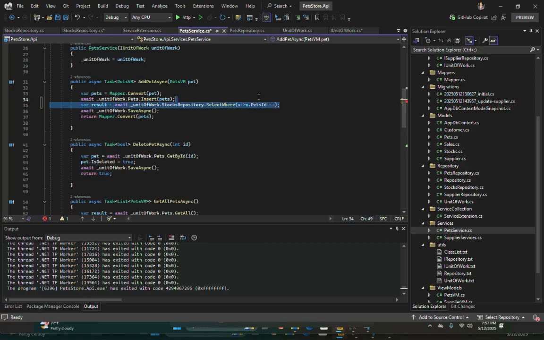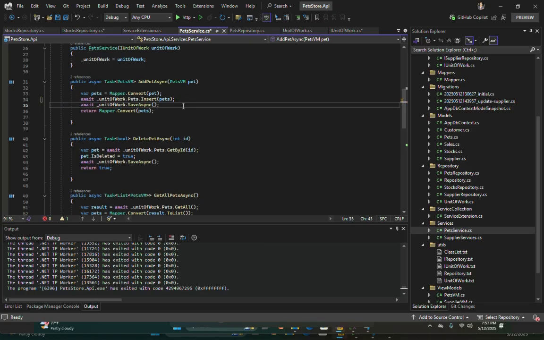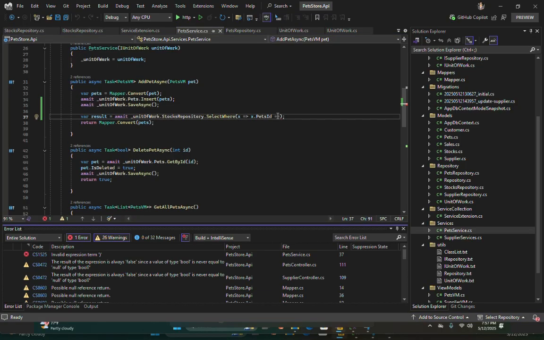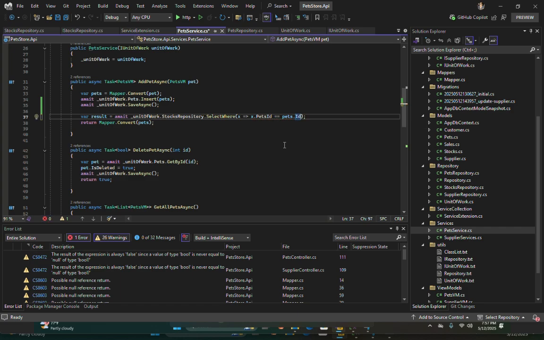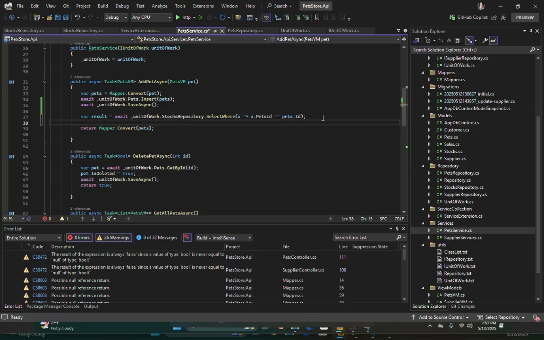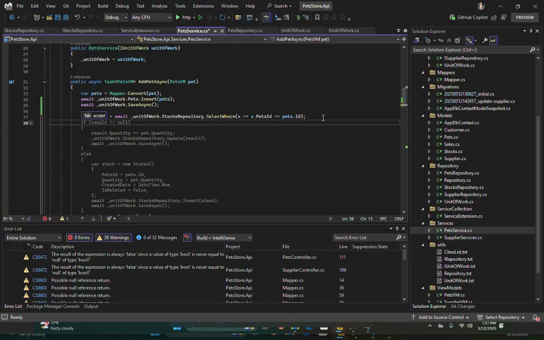Let's get here: pets id equals pets dot id. If you find the result, you need to increase the stock; otherwise you need to insert into the stock table.